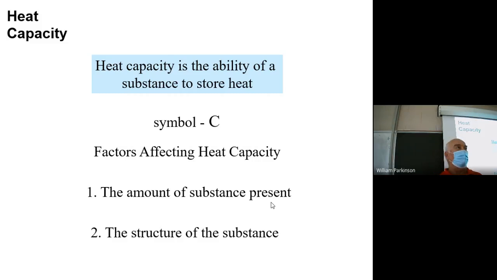Secondly, the heat capacity of a material is some natural function of what the material is. Now, to recognize this, we'll go back to what I said earlier about a plastic bench, a wooden bench, and a metal bench. The wooden bench didn't get as hot as the plastic bench, and the plastic bench didn't get as hot as the metal bench. There's something different to the makeup of the material of the wood compared to the plastic compared to the metal, which makes them hide a change in temperature more effectively.